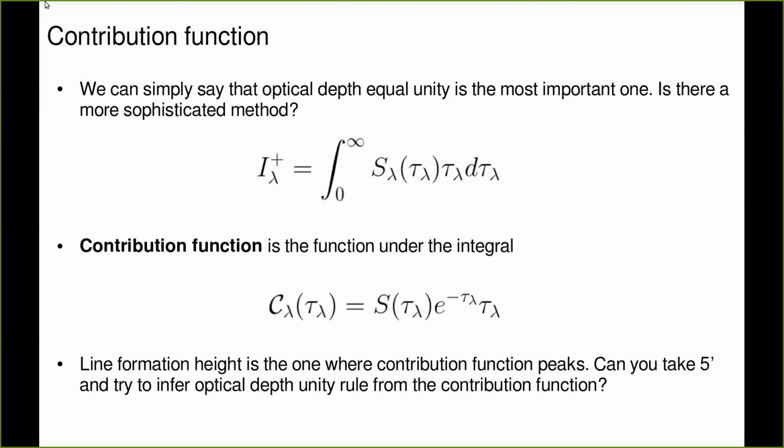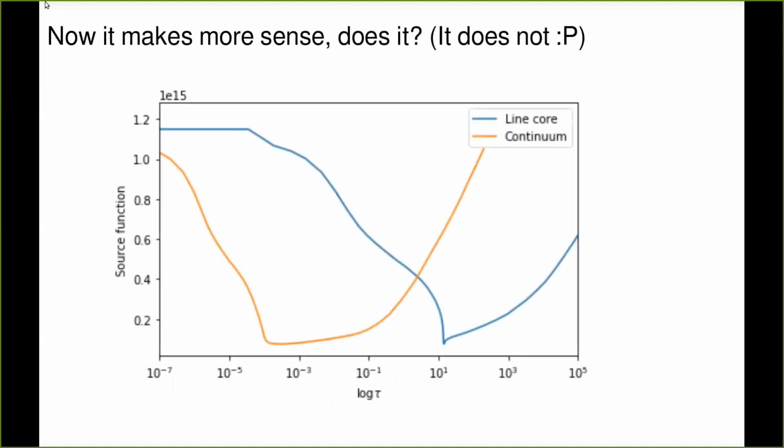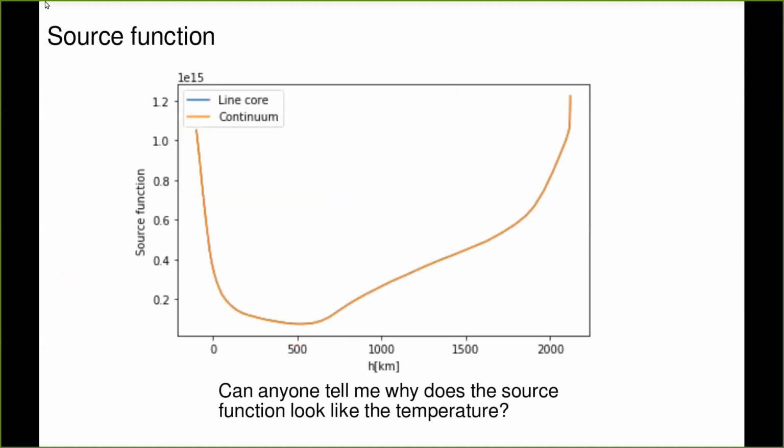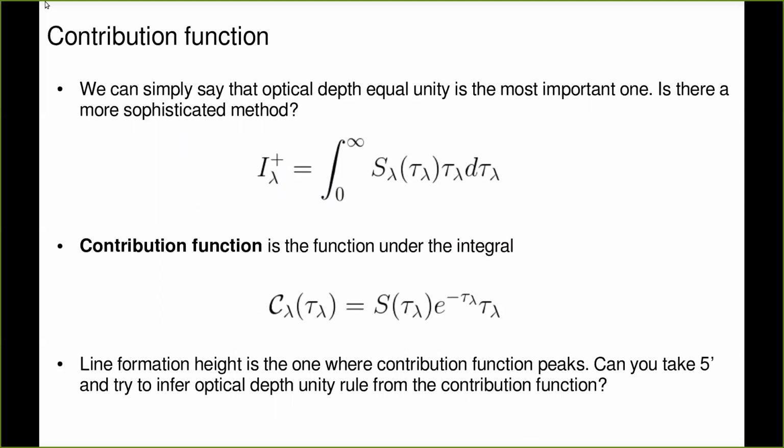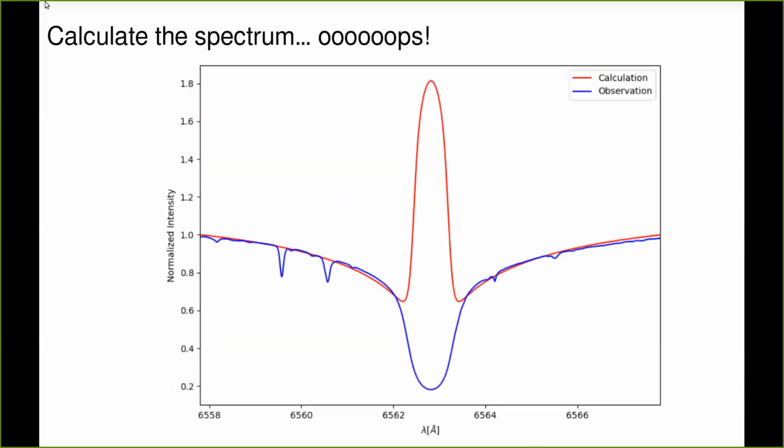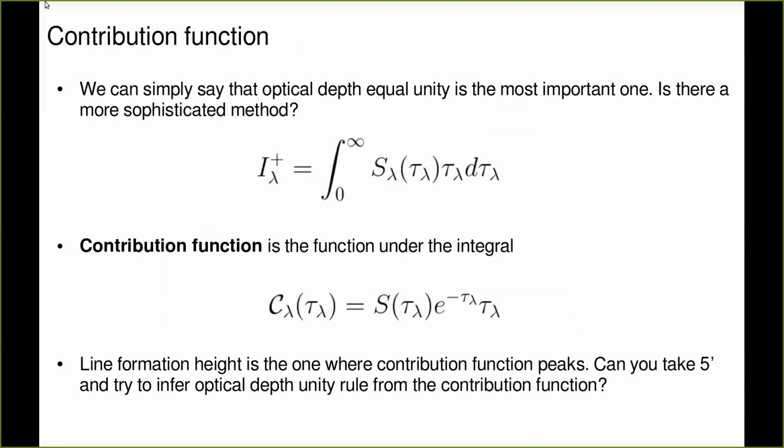No, no. The source function looks like this, right? The source function just depends on the temperature. It doesn't know what is more opaque or what is more dense. One way to think about this is, imagine splitting the atmosphere... sorry, I'm rushing ahead.